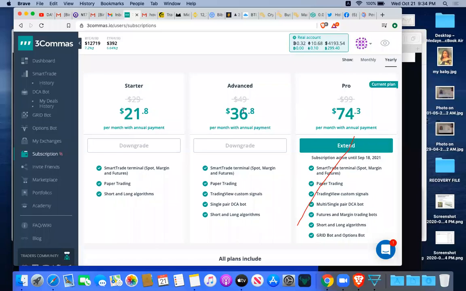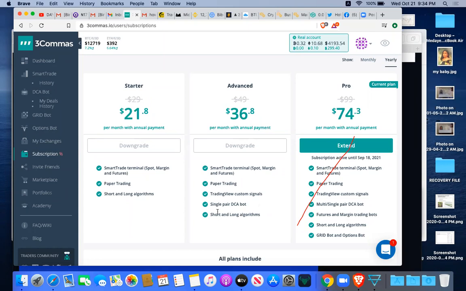So why do I recommend this? You may not probably need to start future trading. That's just the additional things that are here: future trading, standalone algorithm, grid bot and option bot. Before we finish learning all this may take a long time. But you can just make use of smart trade.